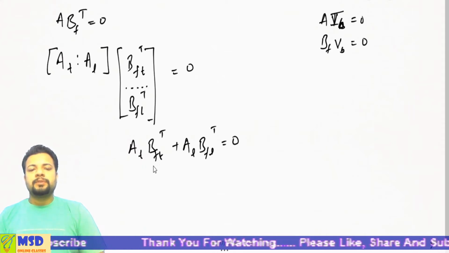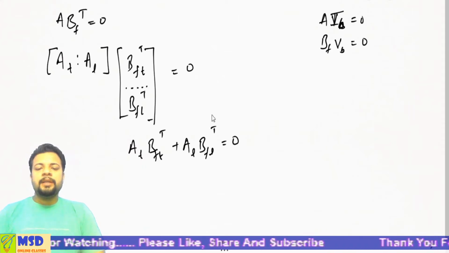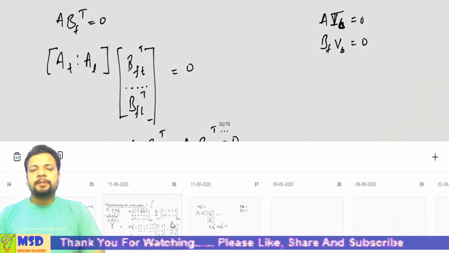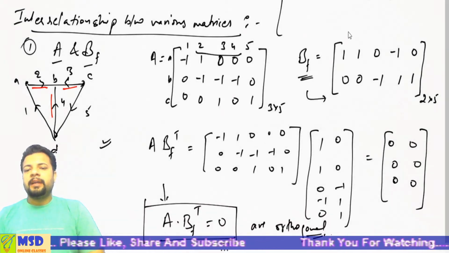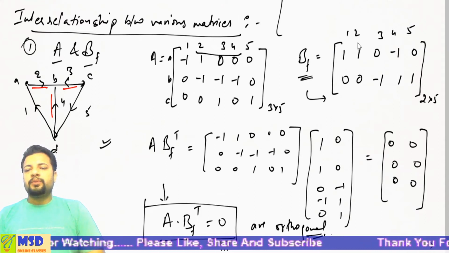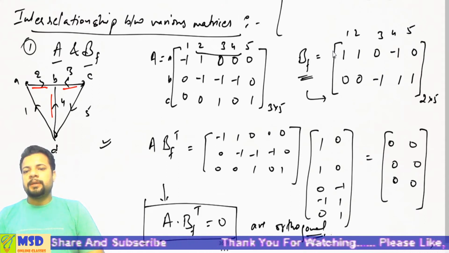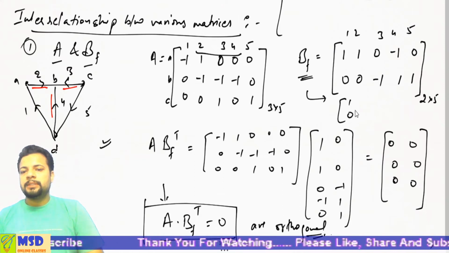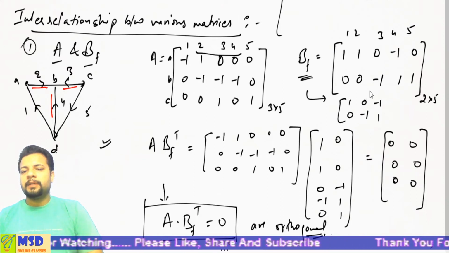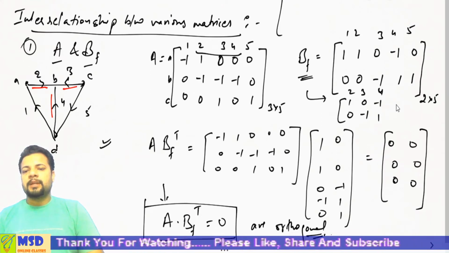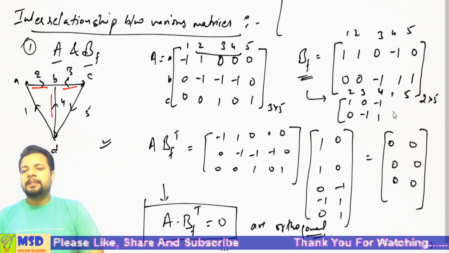And as we also know that here in BF matrix, in fundamental tie-set matrix, see, if I rearrange these columns, taking 2, 3, 4 here and then 1, 5 on the last side, so see what we obtain is 1, 0, 0, minus 1, minus 1, 1. These are 2, 3, 4 branches. These are twigs of your graph, and 1 and 5, these are links.